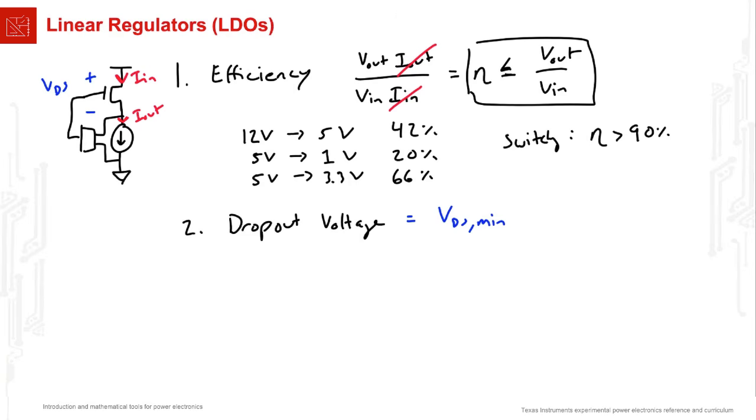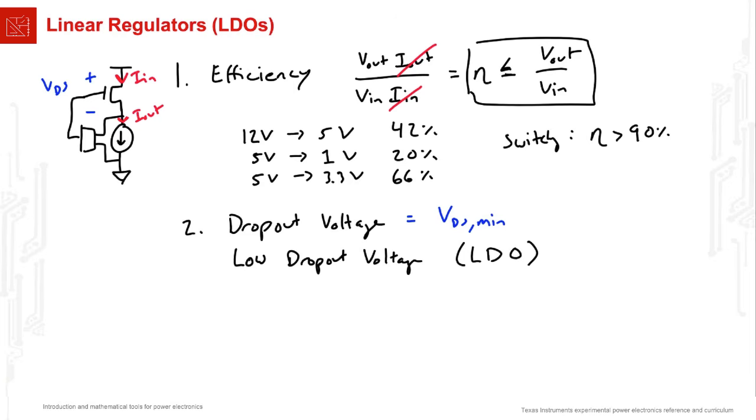Most modern linear regulators like to advertise a low dropout voltage. And this is where we get the term LDO from, LDO, low dropout. And you'll hear people talk about these interchangeably. Someone will say linear regulator, someone will say LDO. They're not actually trying to talk about different things, typically. They're just using two very common terms for what in modern times is essentially the same thing.